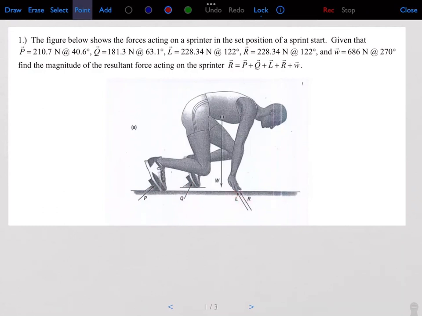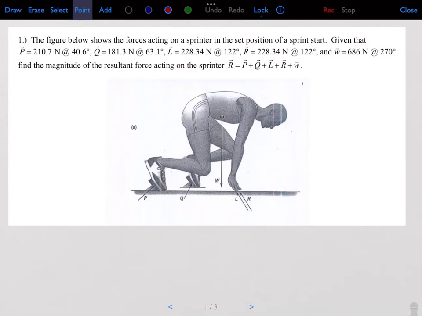Then L and R, these two vectors are acting on the two hands. They're 228.34 newtons. They're both the same at 122 degrees. And then you have the weight of the person acting at their center of mass, acting down, 686 newtons at 270 degrees. So basically what we want to do is add those 5 force vectors together to